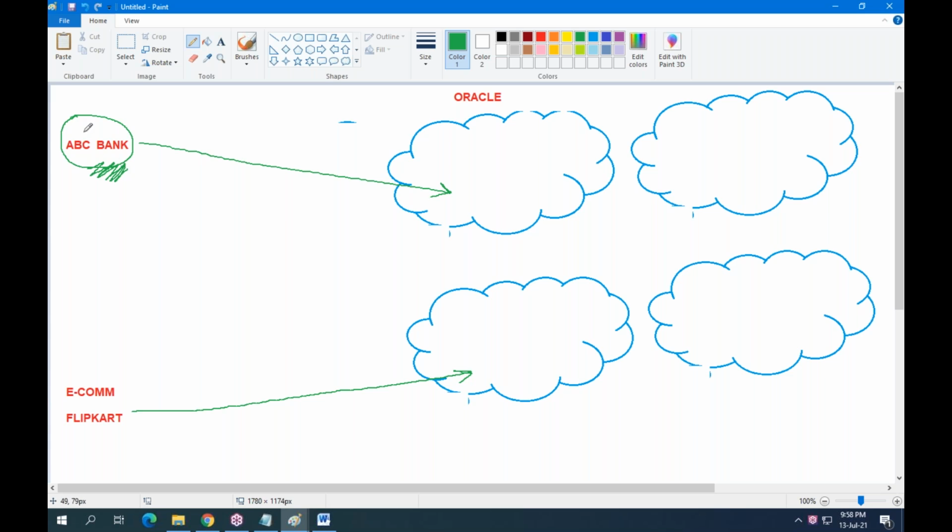And one more thing: in the cloud storage area, there is a big storage area. In this big storage area, we have some parts, because the bank is a business with multiple branches. For each branch, I need a small storage area.